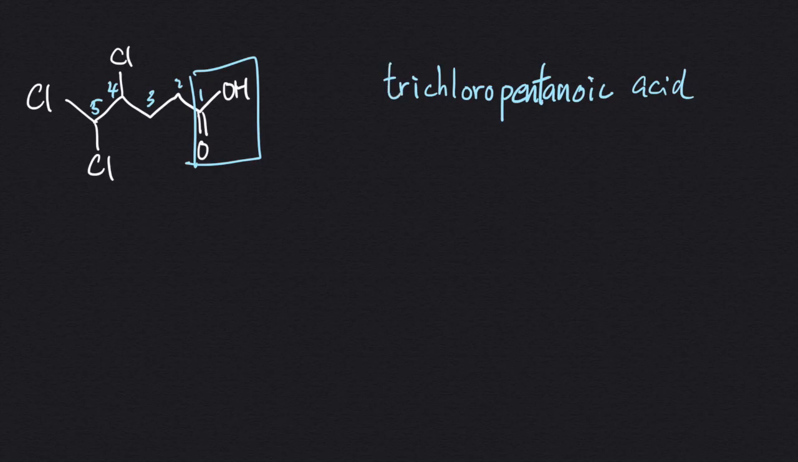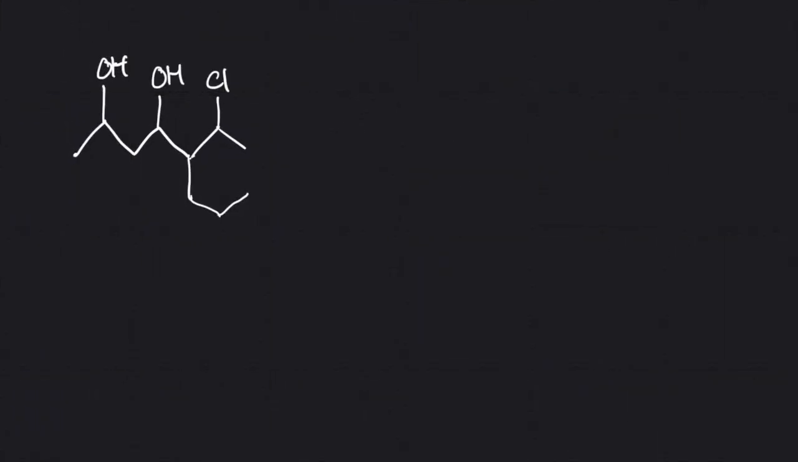So in this naming, we will have 4,5,5-trichloropentanoic acid. And in this compound, the longest carbon chain which involves all the functional groups is this one. Since the hydroxyl group has a higher priority than the halide, we will name the hydroxyl group first. 1, 2, 3, 4, 5, 6, 7. So it is actually a heptane